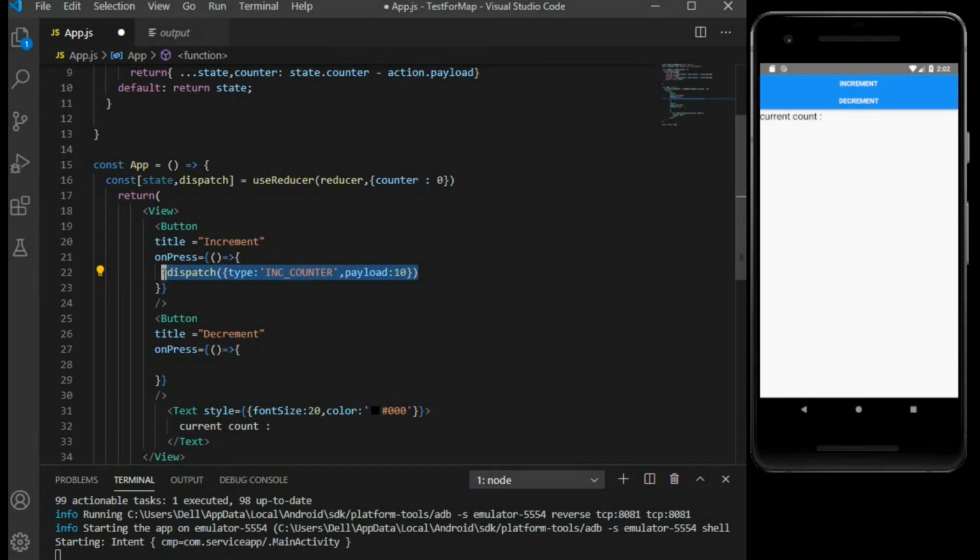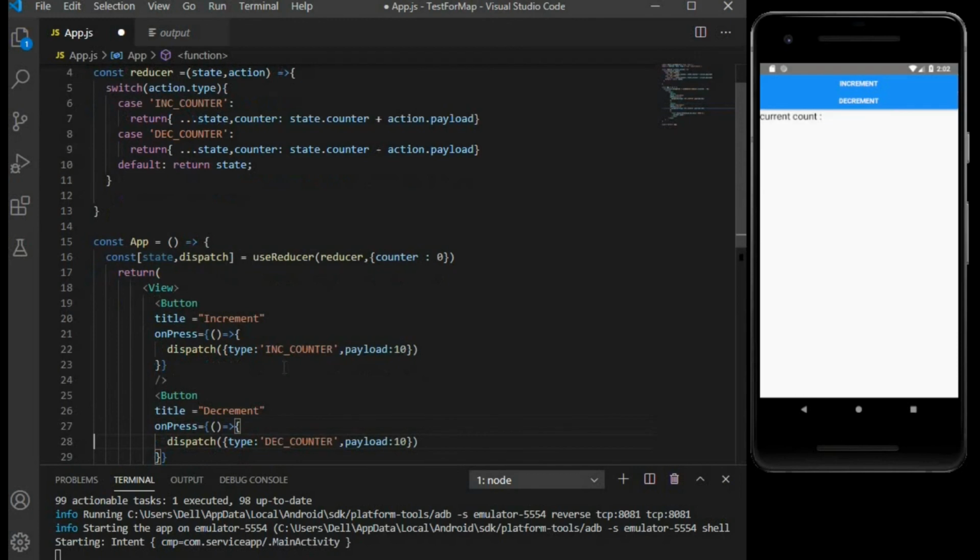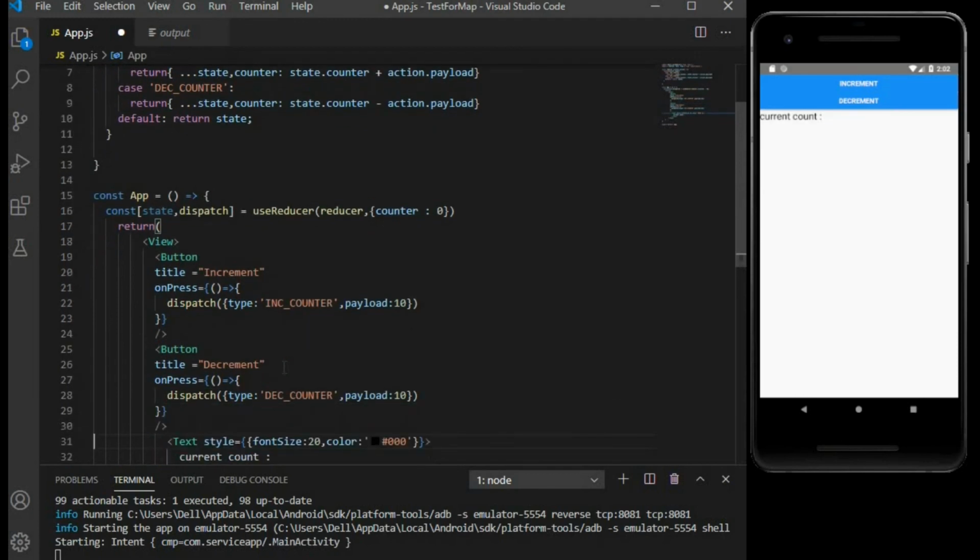So I'll dispatch type decrement counter from the decrement button and place the payload of 10 the same, and print the value of state in the text component that we have written.